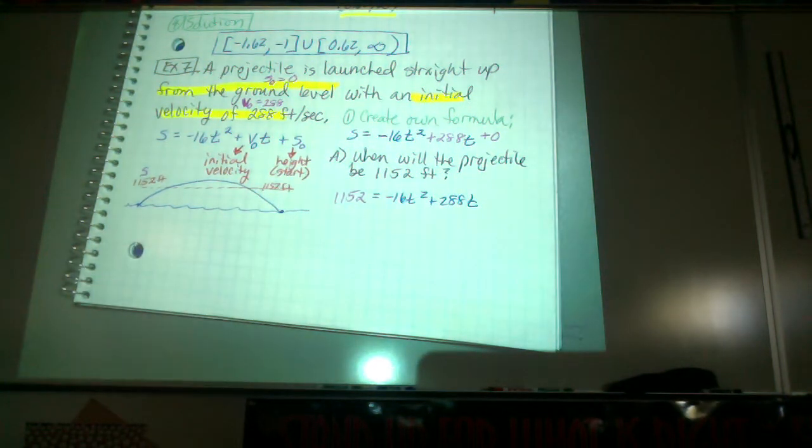Now in order to solve this as a quadratic, I need to factor it. It won't be so bad, trust me. We're going to fix those numbers. I don't like negative t squareds. Because the t squared is negative, I'm going to move everything over to the left side and set the right